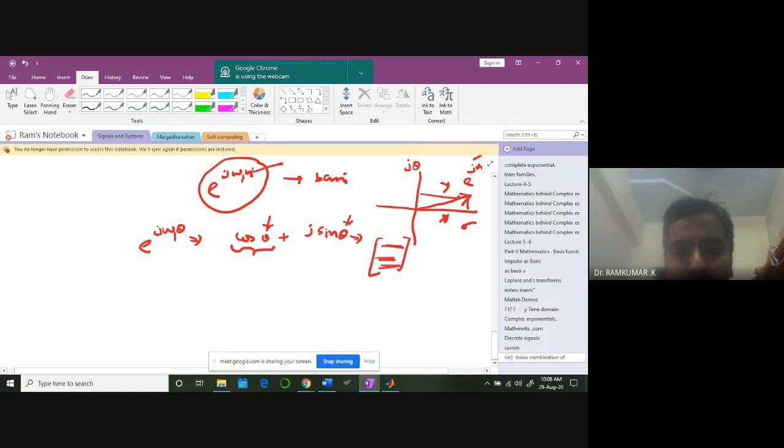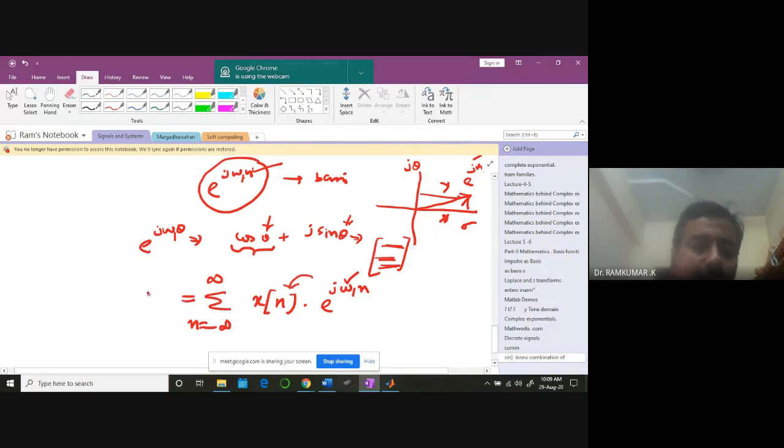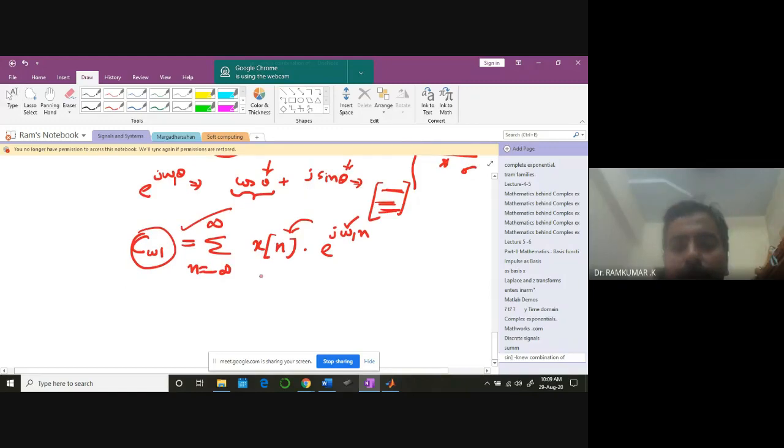This is n varying between minus infinity to plus infinity, x of n. When I'm going to do it for e power j omega 1 n, for example, at that particular frequency, whatever inner product I get, I'm going to collect it as X of omega. That's the coefficient I'll be collecting. So that's what I'm talking about. In the last class I mentioned this to you. But normally when this is a complex number, we'll be taking the conjugate of it, e power minus j omega n, you multiply and you collect it.